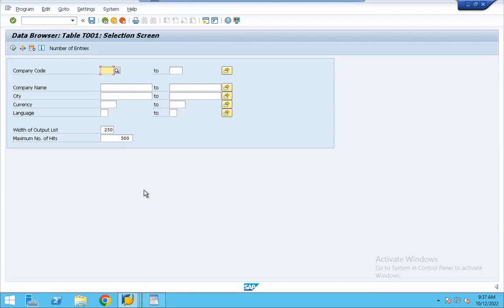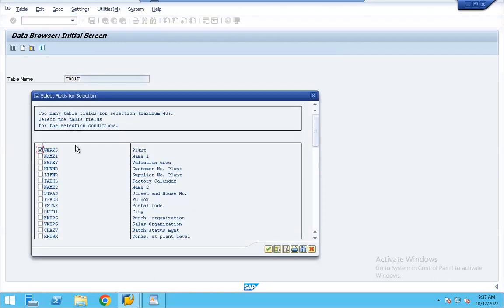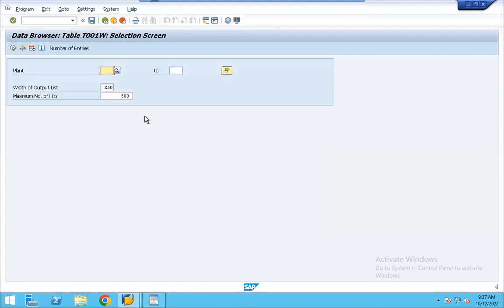Whether it is configuration data, master data, or transactional data, every work has its own destined table. For example, the table of plant will be different. It will be T001W, right? So SAP has its own table for each and every organization level.